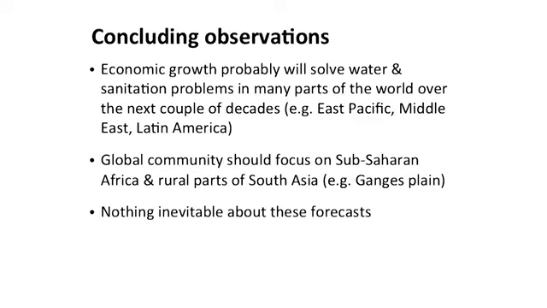Third, there's nothing inevitable about these forecasts. Policy interventions and deliberate actions can change them. These are just trends in the dynamic baseline. They're not inevitable. So to wrap up this week, we've learned about the spatial distribution of WASH coverage statistics around the world,